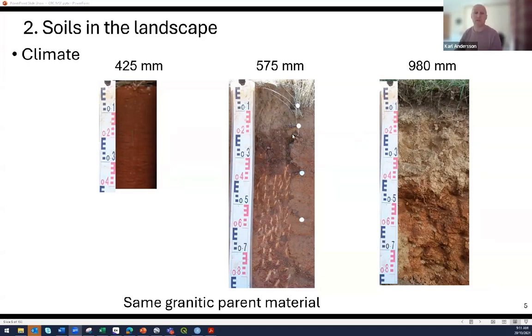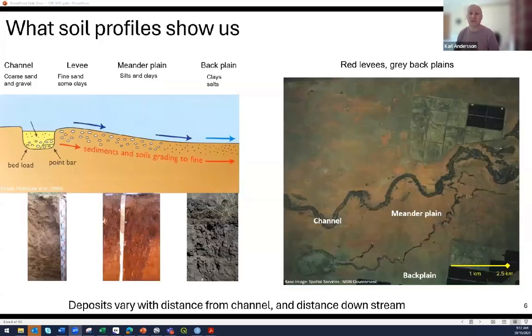Similar position in the landscape, these ones, so less weathering. And then again, that same stuff further out, towards the edge of the rangelands, we just don't have that accumulation at all. So these are things you can see in the soil. How does that relate to our landscapes out here? Two main sorts of things.